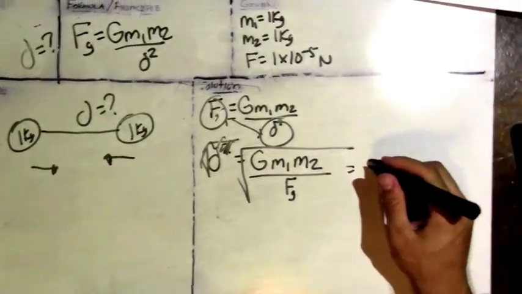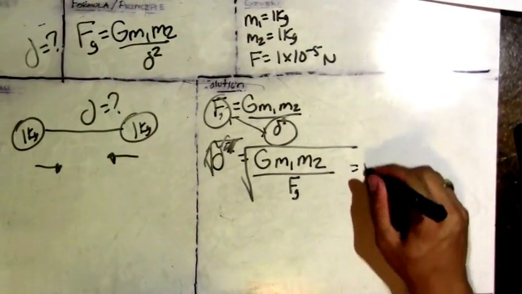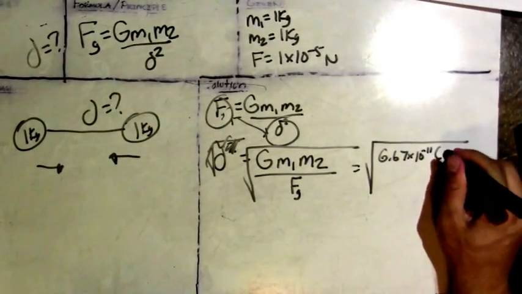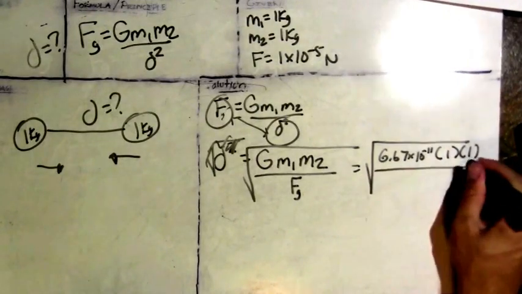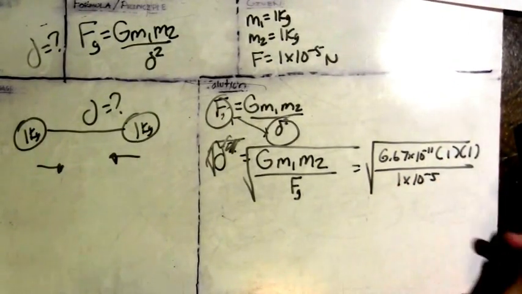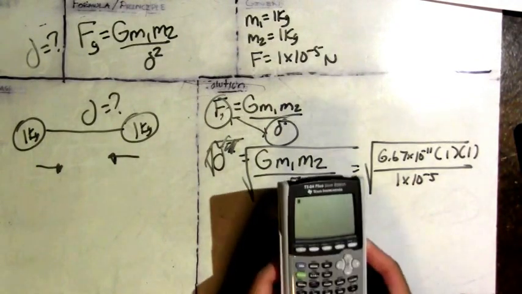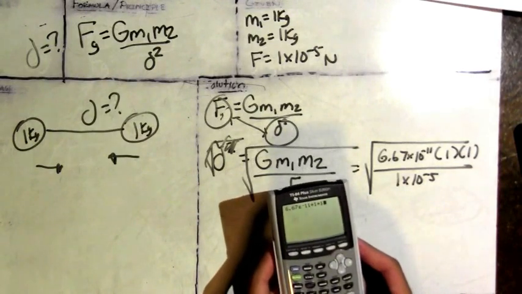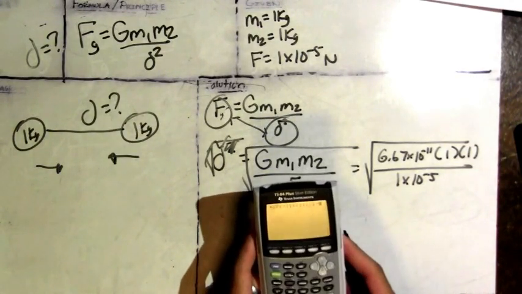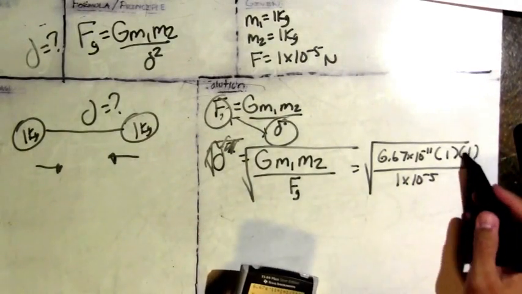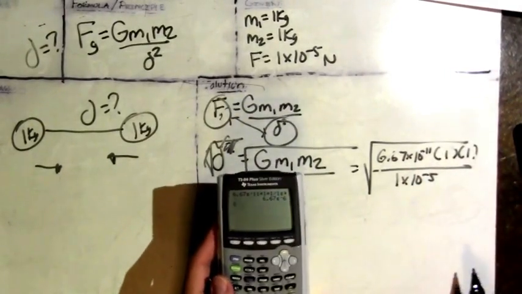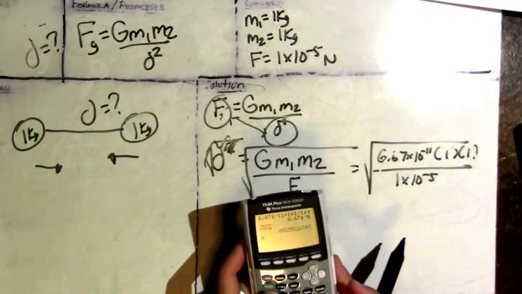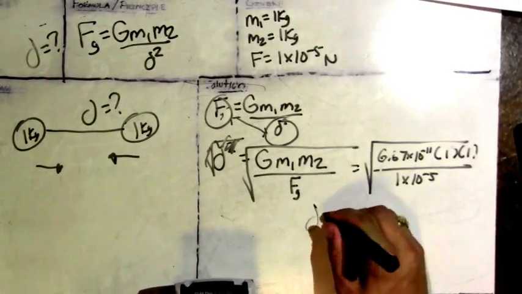So now, the square root of 6.67 times 10 to the minus 11th times 1 divided by 1 times 10 to the minus 5th, and that would allow me to figure out my distance. So I'd say 6.67 e minus 11 times 1 divided by 1 e negative 5. Now this is the value of all of these numbers right here. So at this point, what I need to do is take the square root of it. So I take the square root at the end, and when I do that, I get a value of